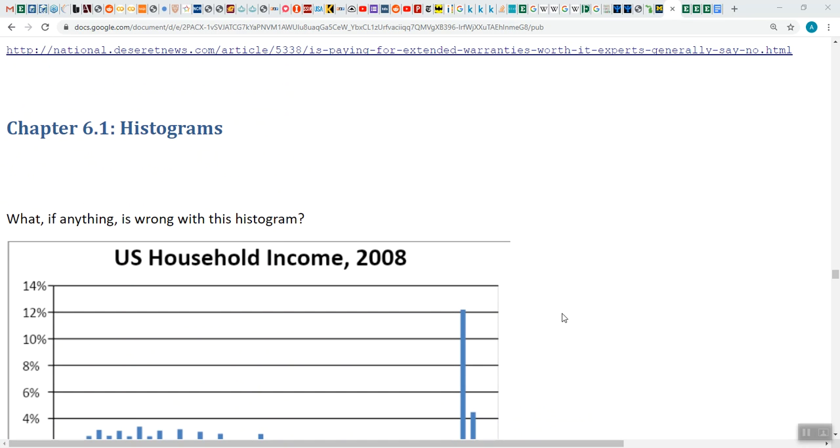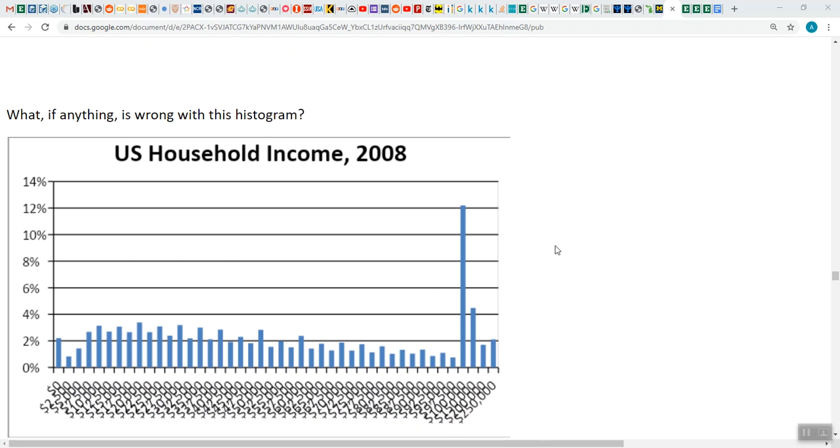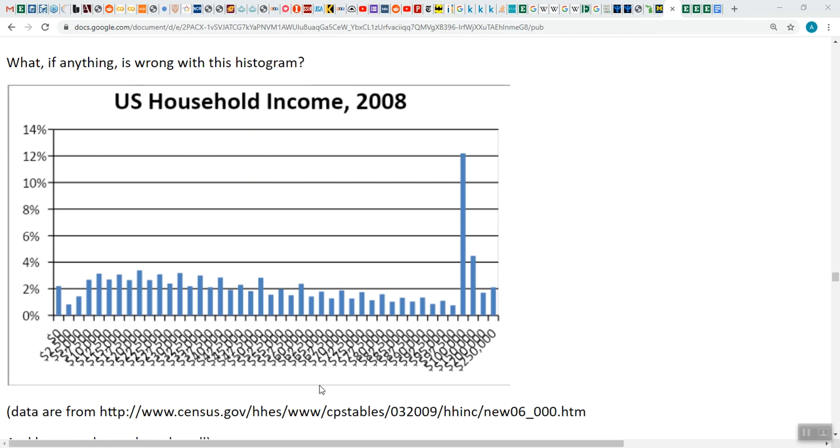Let's look at some example histograms that I've collected from across the years. Here's a histogram of the U.S. household income distribution for 2008. I just downloaded stuff from a census website, a table of how many people in each income category, and then did a bar graph of it, which should be a histogram because it shows how many households were between